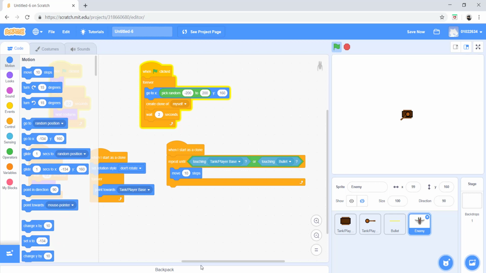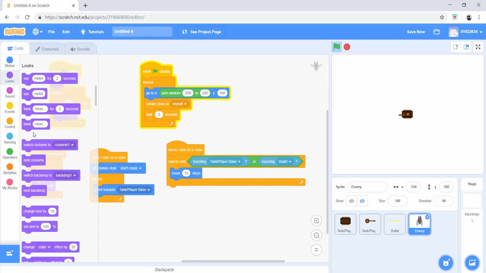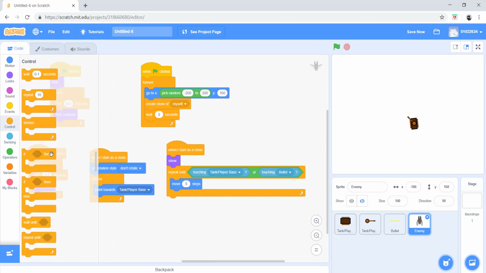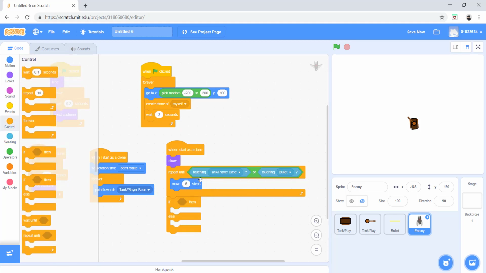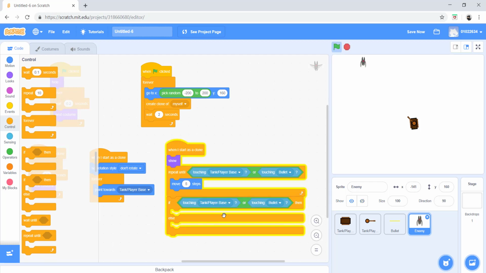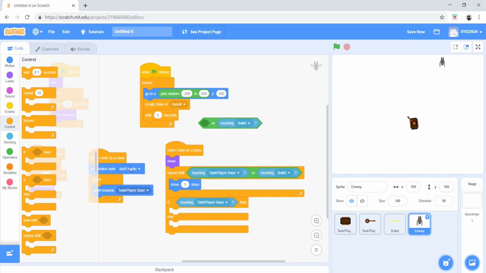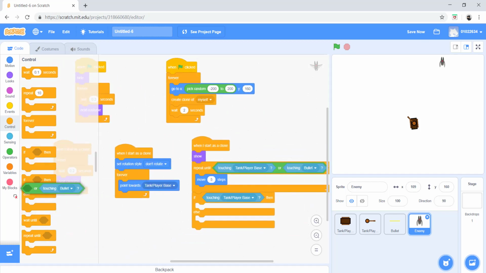Oh, I forgot to make it so he shows, because you actually can't see him show. Alright, so as you can see, this is basically what's happening. They aren't destroying themselves after they die, so that's a little annoying. But anyway, let's create our other pieces of code. So if sensing touching tank slash player base, always gotta stop this. If touching tank slash player base, what we want to happen